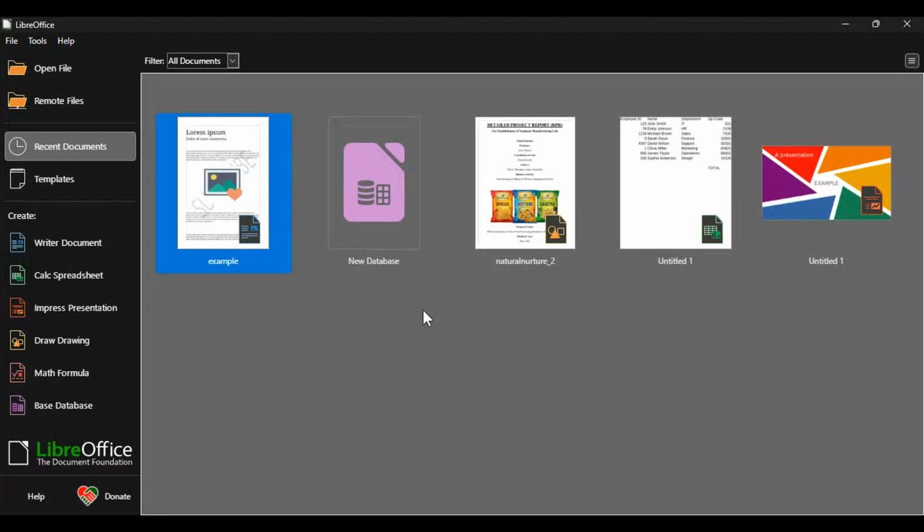If you want to make an image stand out inside LibreOffice Writer, adding a border is one of the easiest ways to do it. In this tutorial, I'll show you exactly how to add a border to an image in LibreOffice Writer in just a few clicks. This is perfect if you want your document to look cleaner, more professional, or simply give your picture a little